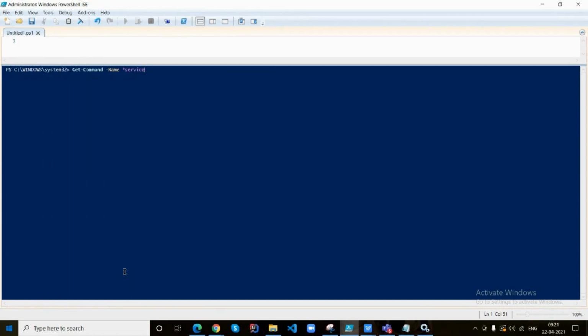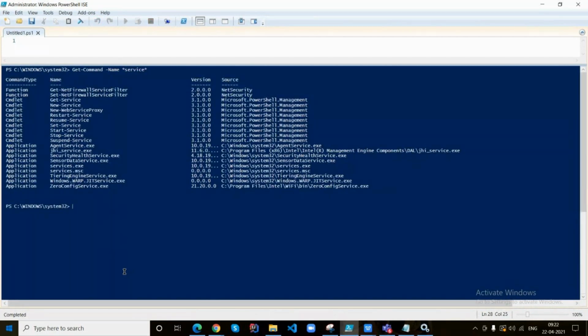Okay. These are the different cmdlets available in PowerShell that have the star pattern in their verb or noun. But I would like to get the cmdlets which have the word service in the noun position only.